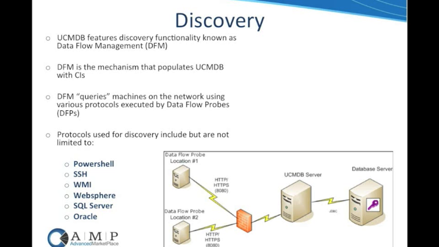As I stated previously, CMDBs generally have a discovery mechanism, and UCMDB is no different. In UCMDB, this functionality is known as Data Flow Management, or DFM. DFM is the mechanism that populates UCMDB with CIs. DFM queries machines on the network using various protocols executed by data flow probes, or DFPs. The image in the lower right shows data flow probes connecting to the UCMDB server through a firewall, and the UCMDB server acting as a front end to the database server. Protocols used for discovery include, but are not limited to, PowerShell, SSH, WMI, WebSphere, SQL Server,